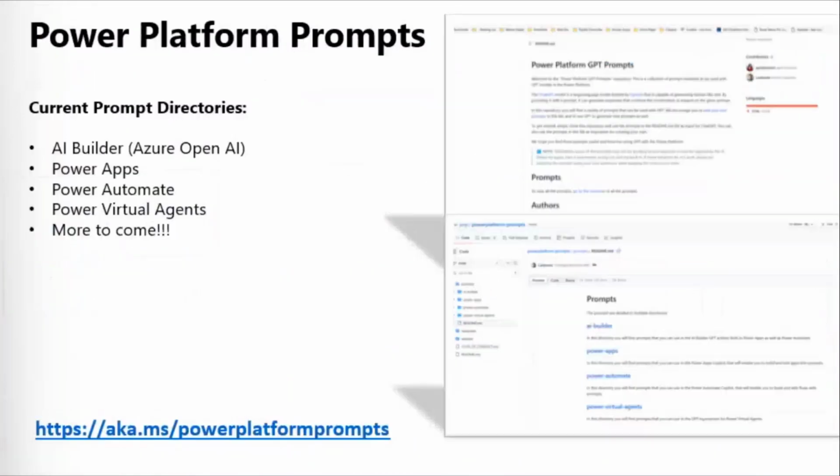And there's one more new area that we have for samples, and that's the Power Platform prompts. So AI has become the biggest thing. I don't know. Have you all heard of AI? Anybody here heard of AI? Nobody? Okay. Well, in case you haven't heard of it, there is an opportunity here for you to contribute to and use these Power Platform prompts. April is hosting or leading this along with Daniel Laskowitz. So take advantage for AI Builder, Power Apps, Automate, Virtual Agents. There's more to come in this repo. It's very exciting.